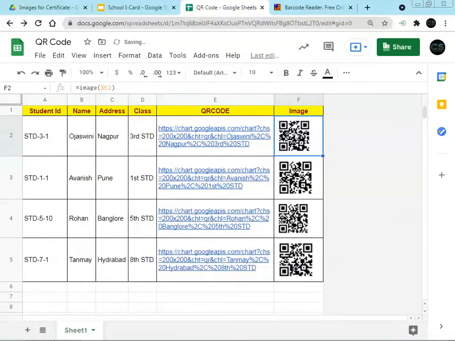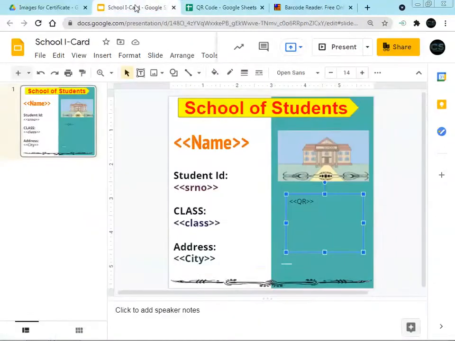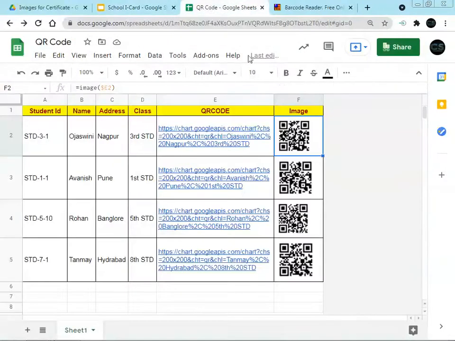So these are nothing but the images from where we are getting this particular URL, this particular code is generated, and this particular image is nothing but your QR code. We are going to insert this QR code in this certificate itself, but we are not going to use this image, we are going to insert it with the help of this QR code. This is for the information on how we are going to check.